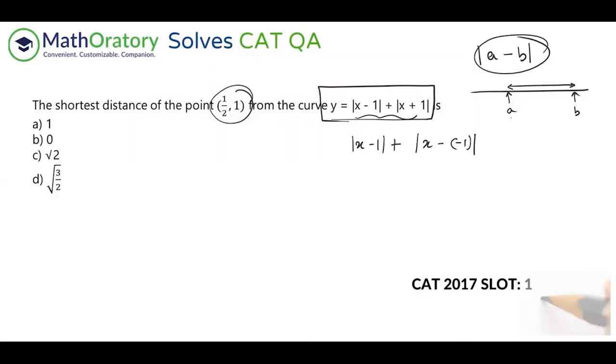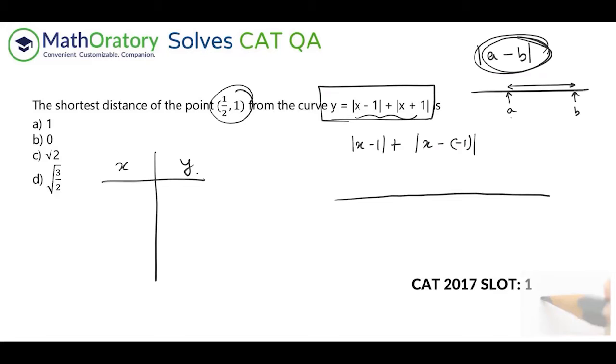Now, it's the same thing, right? x plus 1 is as good as x minus minus 1, right? Now, again, this minus 1 is a fixed point, and now you can interpret this part using this idea again as a distance between x and minus 1. So this is what I'm going to do. I'm going to put some range of x, and I'm going to see what happens to y. Okay. Now check this out.